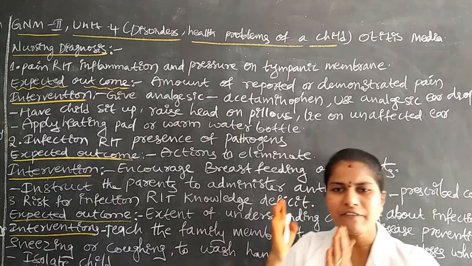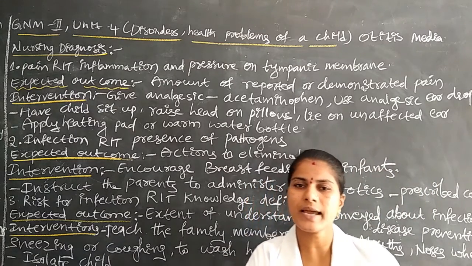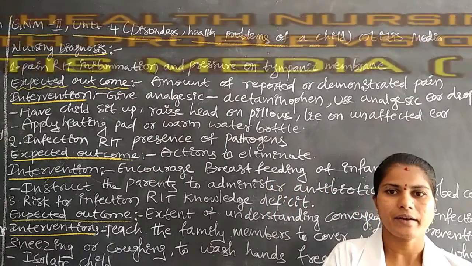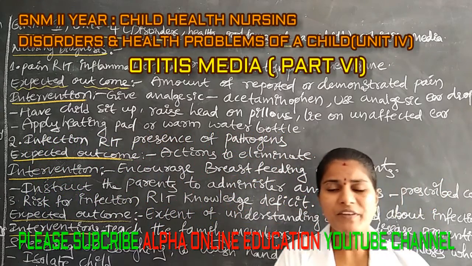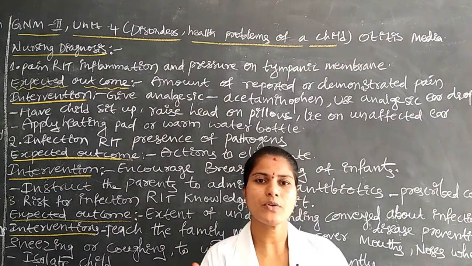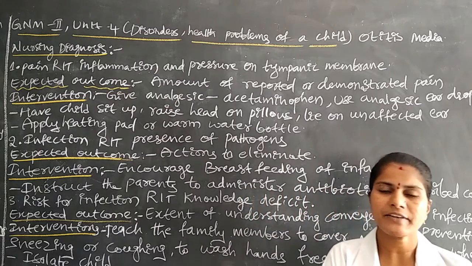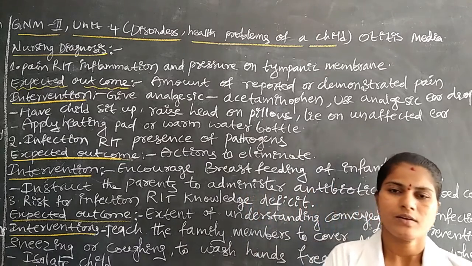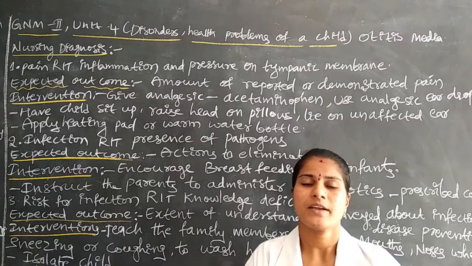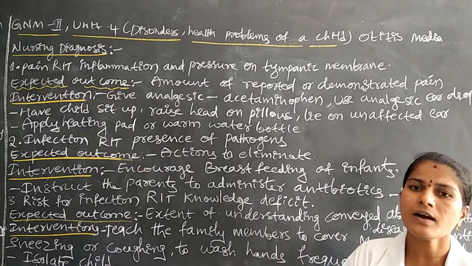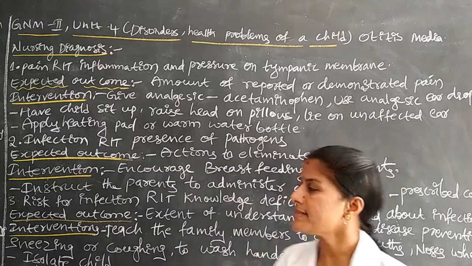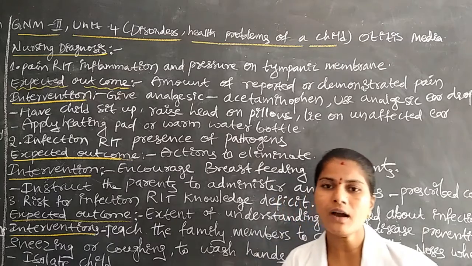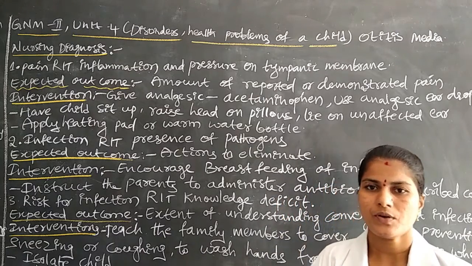Once the child is affected by throat infections like upper respiratory tract infections, the infection will easily spread to the inner ear or eardrum. For prevention of that, at the first stage we have to reduce upper respiratory tract infections like the common cold, sneezing or coughing. That problem should be treated to prevent ear infections. This is regarding the nursing diagnosis of a patient who has the otitis media disease condition. Thank you everyone.